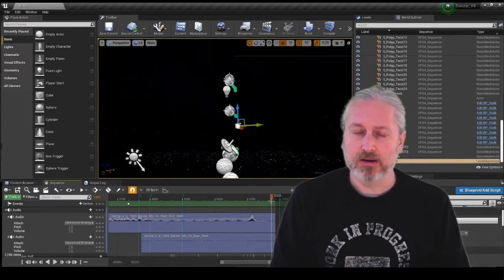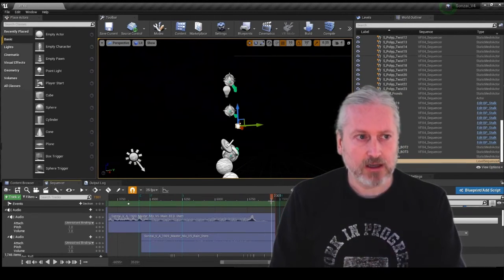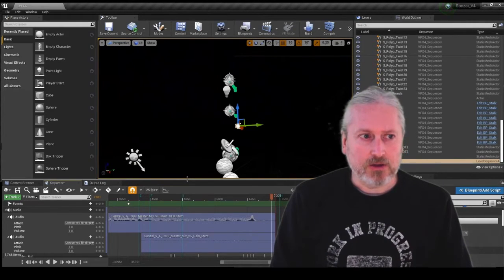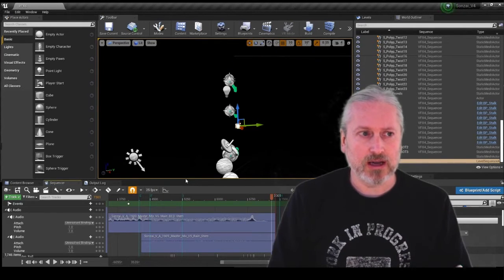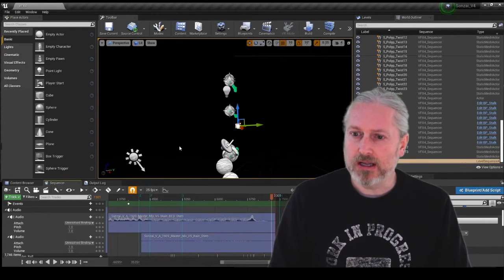And at some point there is a giant digital dandelion which grows up into the center of the scene that you can really go and start to interact with. Okay, so I hope that gives you a sense of the sequencer and its power. As I said, you can use that in interaction with blueprints, and really take control of